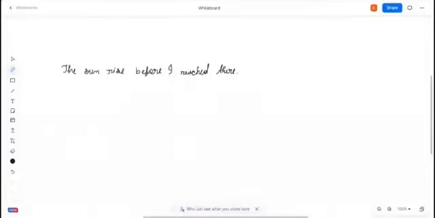No, in the first clause there should be past perfect. Because as I mentioned already about the trick, if we use before, then in the first clause we have to use past perfect, and in the second we have to use past indefinite. So the correct form will be the sun